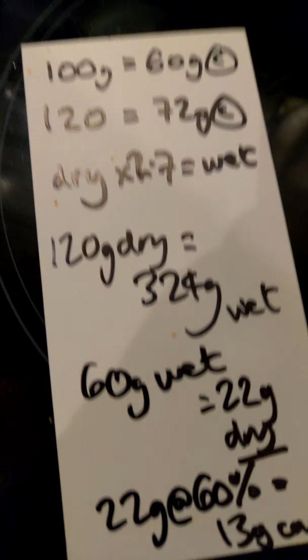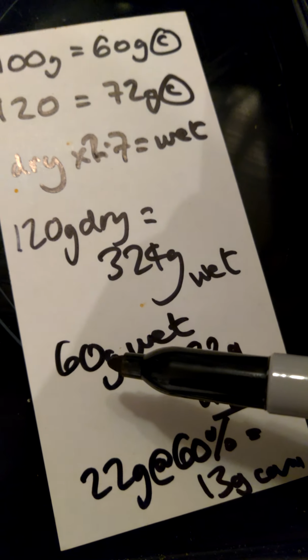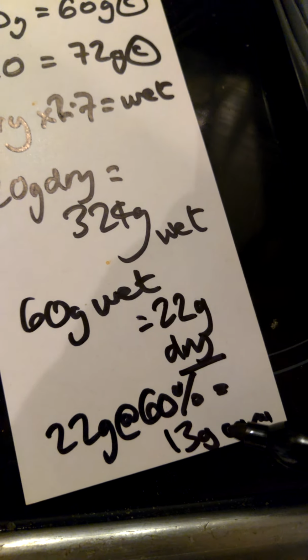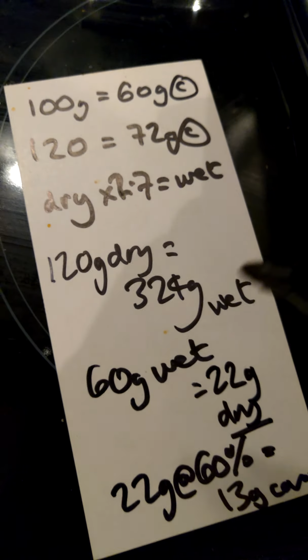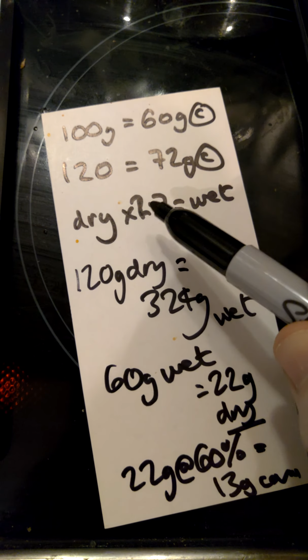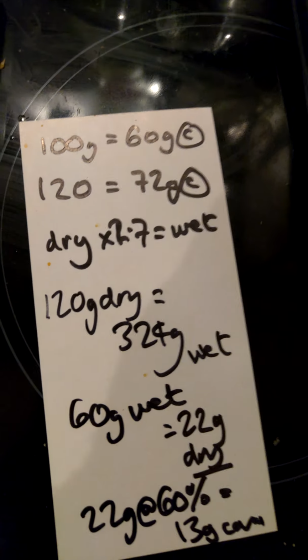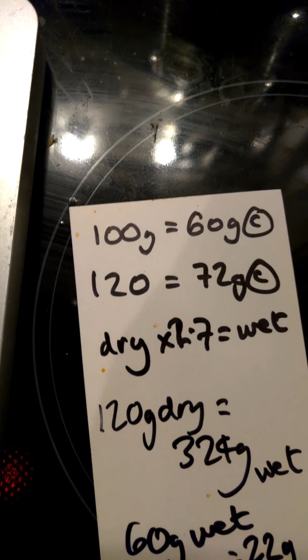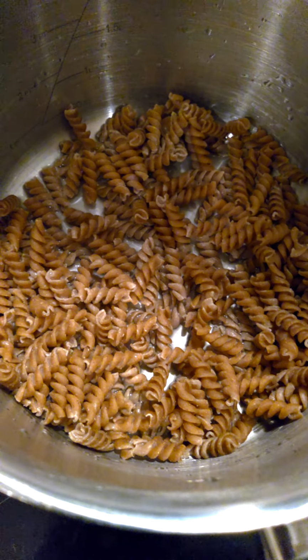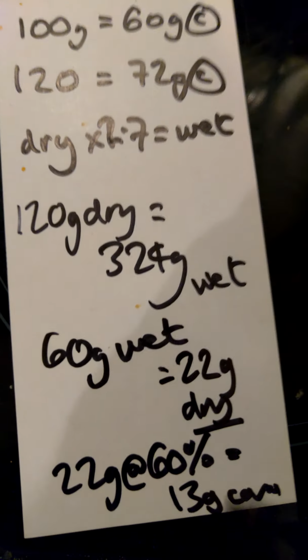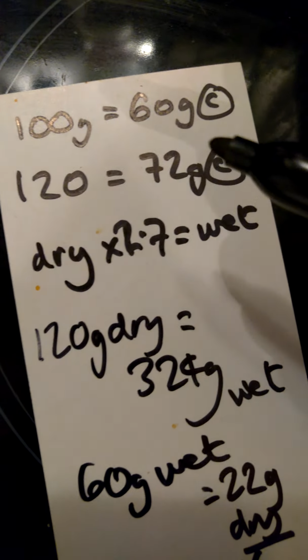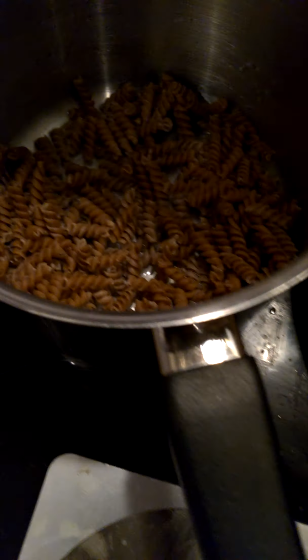So when it's all cooked, I'll put a dish on a plate, scoop out 60 grams of pasta, and I know that in that 60 grams of cooked spelt pasta there are 13 carbs. But I've had to do a bit of jiggery pokery to get there. Over time you get a knack for it. Knowing this fiddle factor is useful if you didn't weigh it in the first place, or just stick with it dry and say there's 72 grams in the lot, and then half of that, if you halved the cooked weight, whatever the cooked weight comes out as, you know there's about 35, 36 grams. If you gave somebody a quarter of the